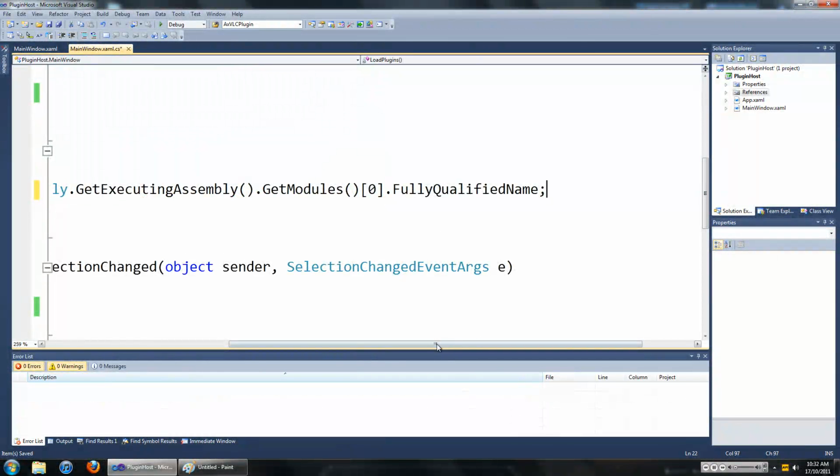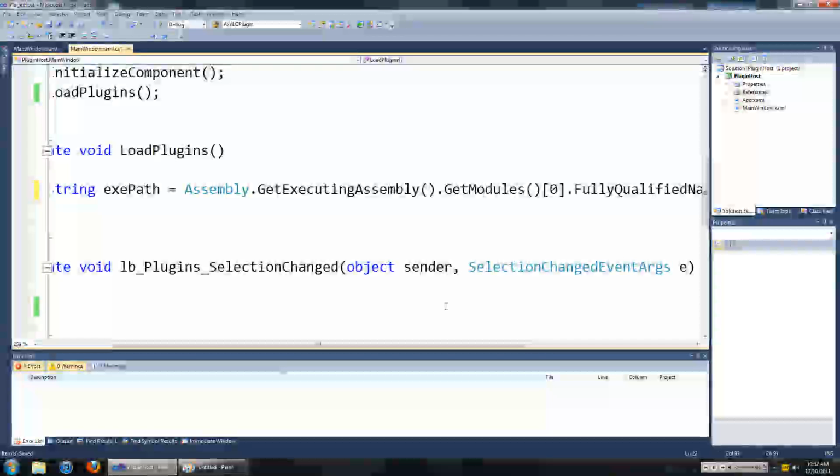So this will get the path to our exe file, and then we want to create another string.